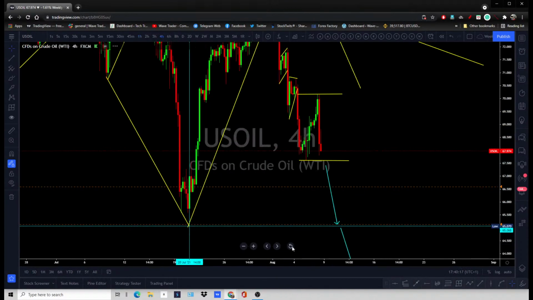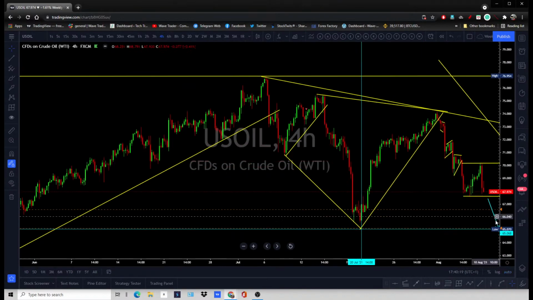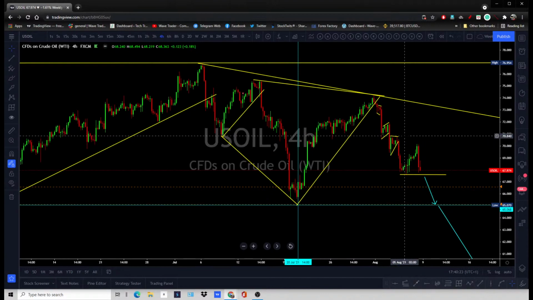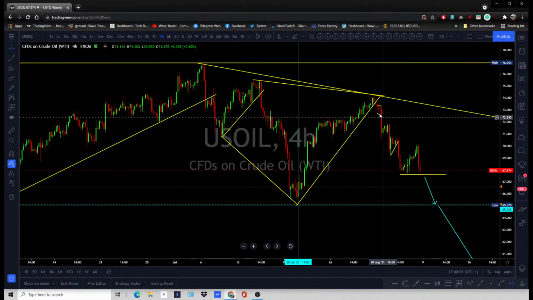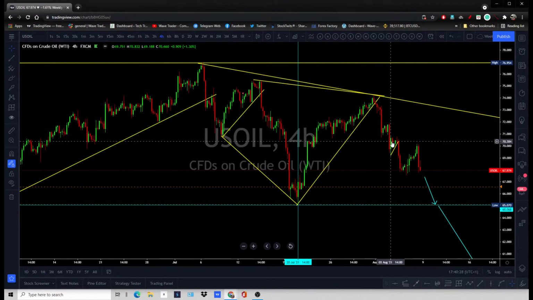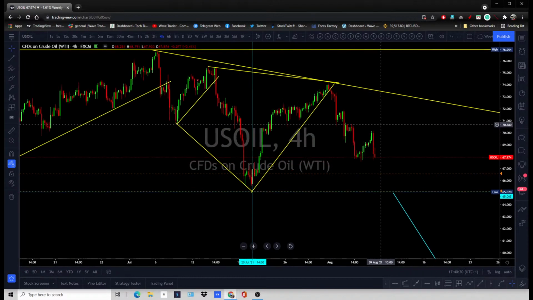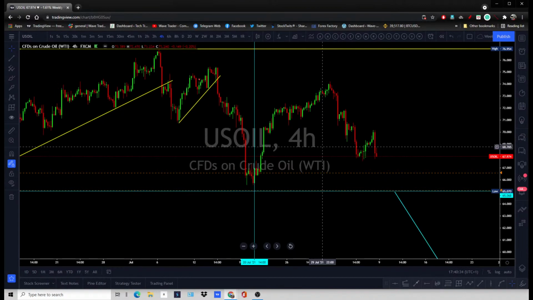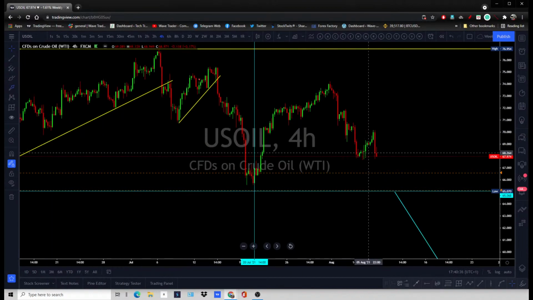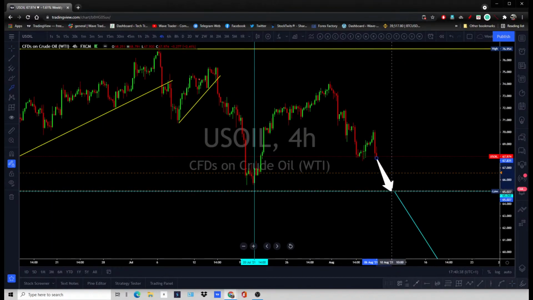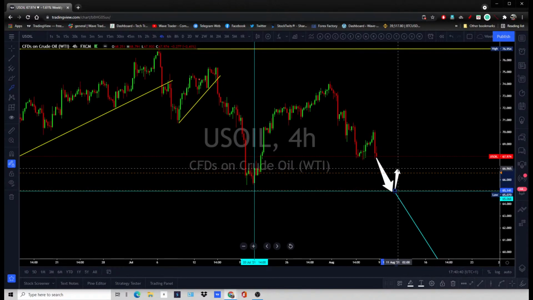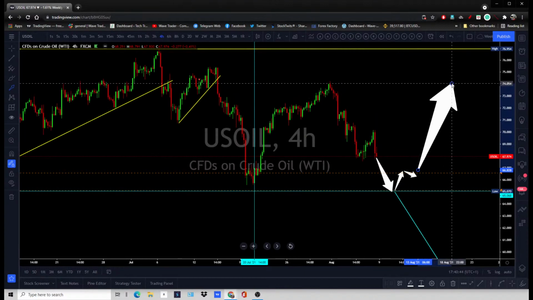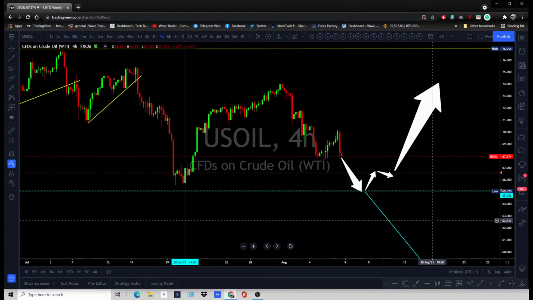Once you see that the price is holding that low, let me remove a couple of trend lines, and then we look at that. Then it goes all the way back to that top. Oil tags that low and stabilizes, bounces off on the lower time frame, corrects, goes all the way back to that top, and then again drags lower.